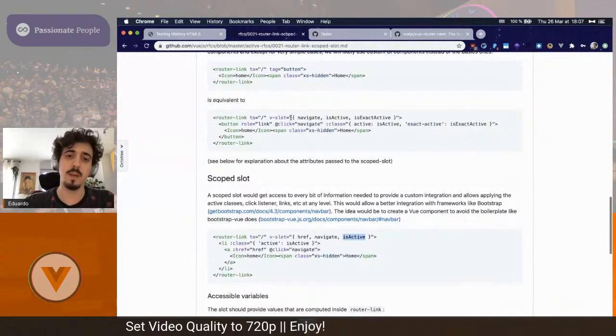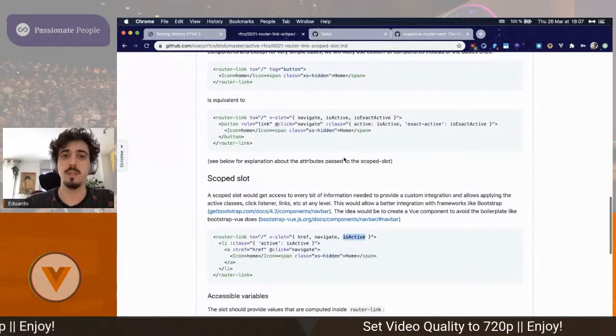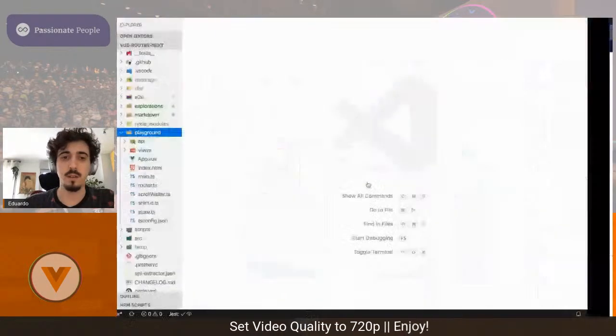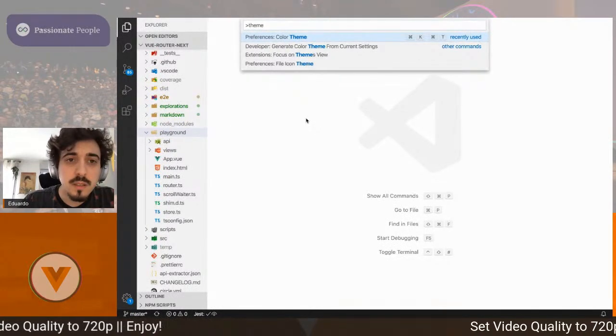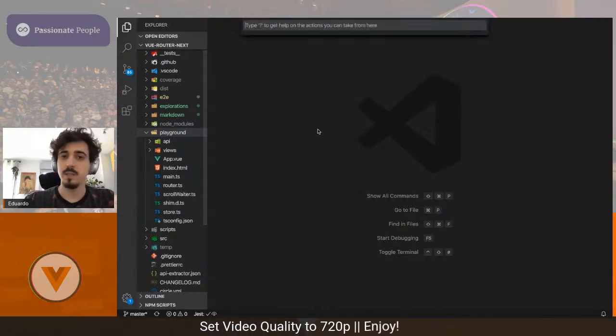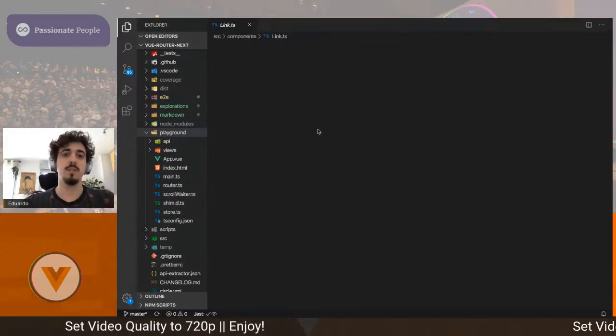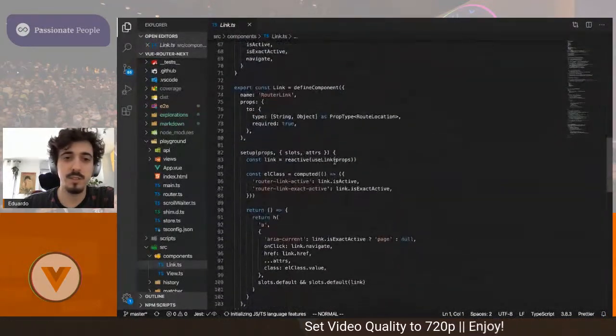Now, this API, as you can imagine, can also be extracted as a function using the composition API. On the new version, pretty much all the logic is a function.